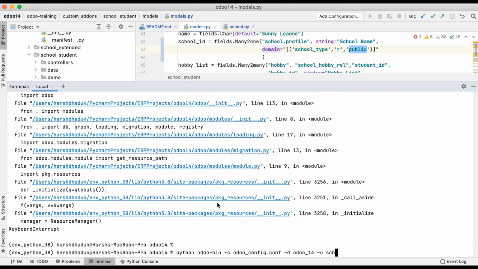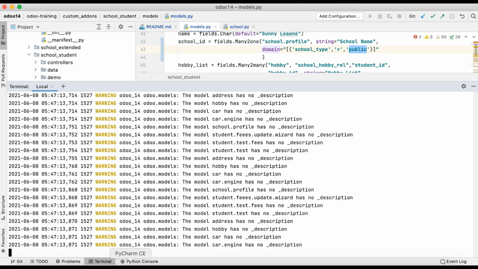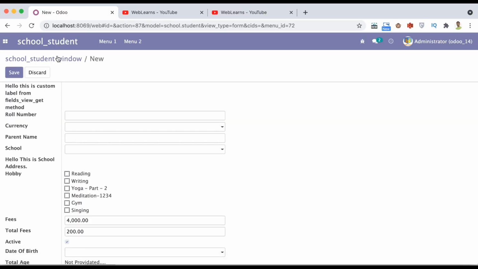No need to upgrade the module. Again, I'm going to the front end side in the browser. Before the browser refresh, you can see here there is no domain. It's a simple blank list. Now I'm going to refresh the page,